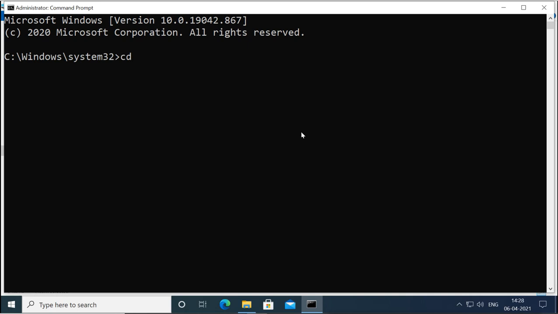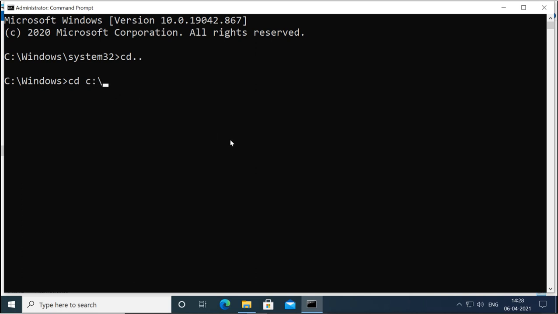Like if I want to go one directory back, I will use CD.. and I go one directory back. If you want to go to another directory, then you can use CD and the absolute path.